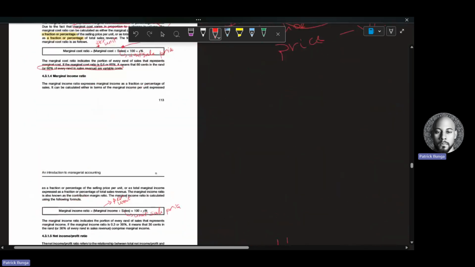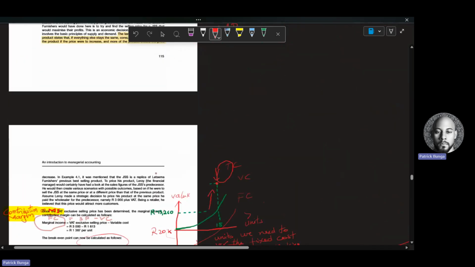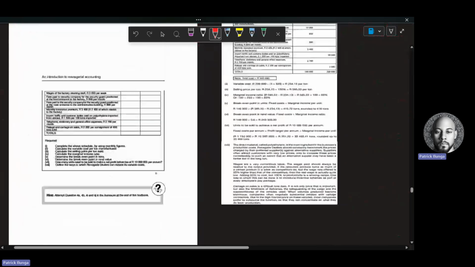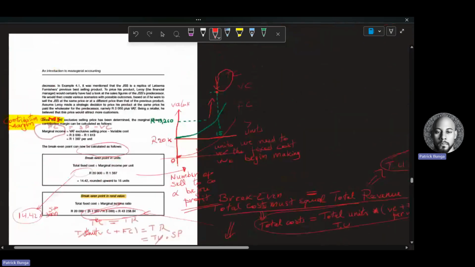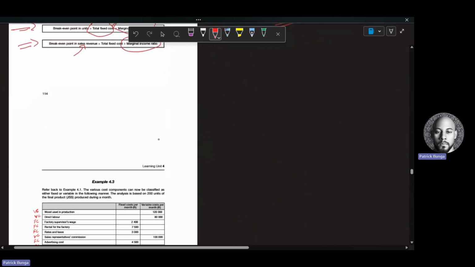And I think this particular graph, if I can find it. Okay, even here there is a graph. If you see in this graph here, there is the fixed cost. Do you see the fixed cost is just a line? The total cost will be the addition of the fixed cost with the variable cost. That will give us the total revenue. This is not quite clear. Let me look for another graph for you, but it is in your textbook.